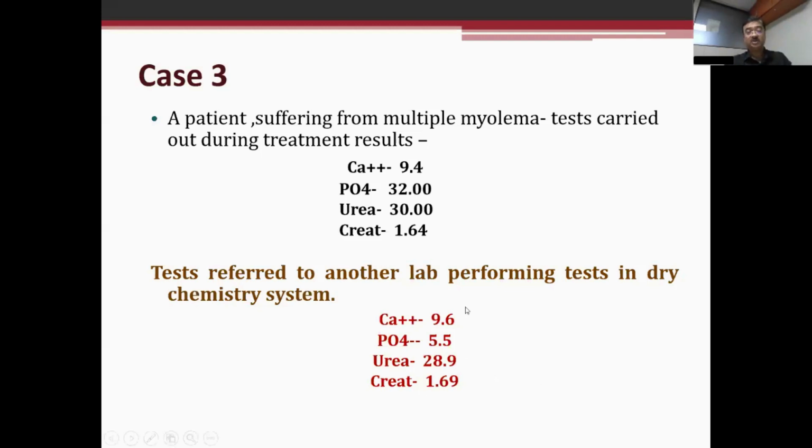But in dry chemistry, when the blood is percolated through the layer, this interfering part is taken off. So here you get the exactly right phosphorus result of 5.5. This is typical of an indigenous interference. This is also an analytical error, but I should not call it an error. This is an example of an indigenous interference where your blood material has interfering substances which cannot be dealt with by some systems, but can be dealt with by even more advanced systems.